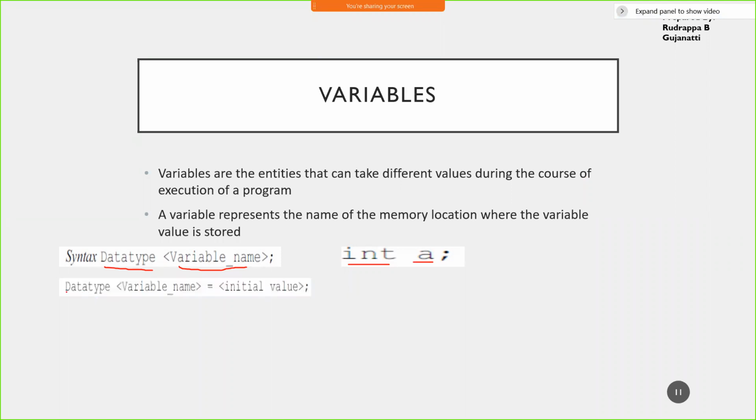Next, another type of declaration is, you define the data type, you give the name of the variable, and along with that, you provide some initial value, or you initialize this variable with some value. So if you're not initializing, a will have some garbage value initially. If you have some logic to be implemented in which garbage value has to be taken care of, then you can assign some value at the time of declaration of the variable itself. So int is the data type, a is the variable name, and 10 is the value which is assigned to a. So this is how variables can be utilized.